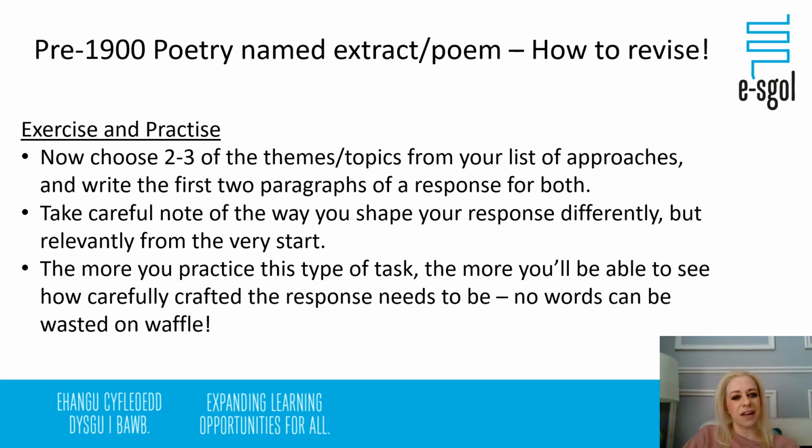Exercising then, once we've started to gather all our notes, this is how we would practice. Choose 2 to 3 of the themes or topics from your list of approaches and write the first 2 paragraphs of a response for both. So take one poem, work out perhaps 2 or 3 themes or topics or ideas that are shown in this poem, and then write the first 2 paragraphs of response for both or all 3 of these